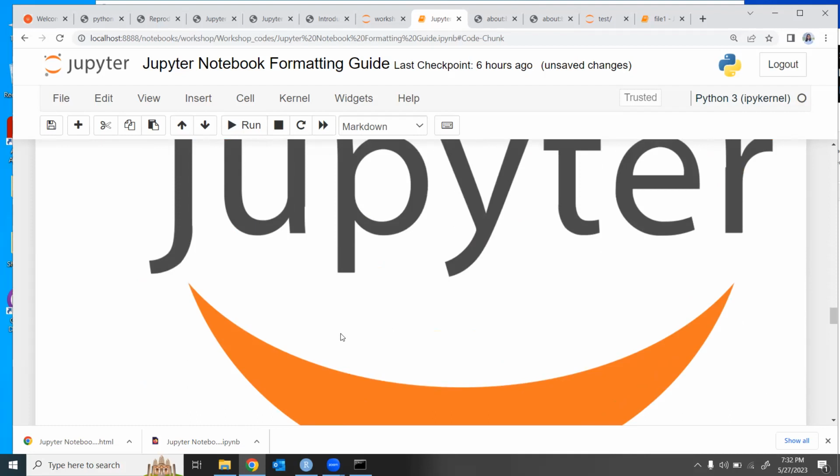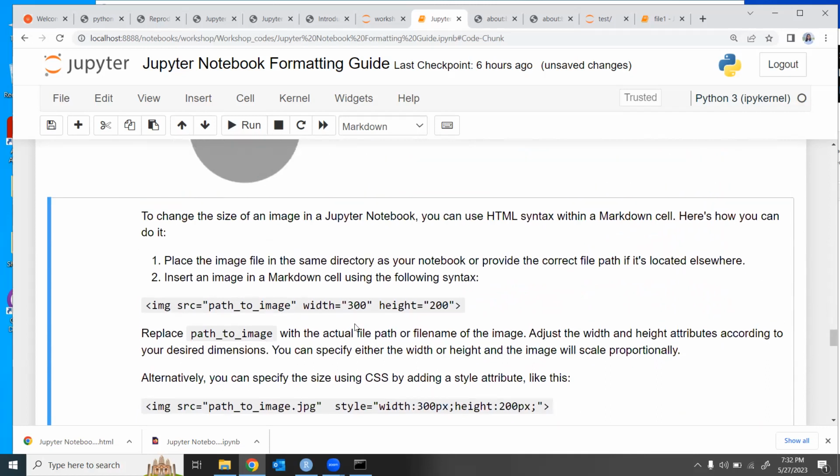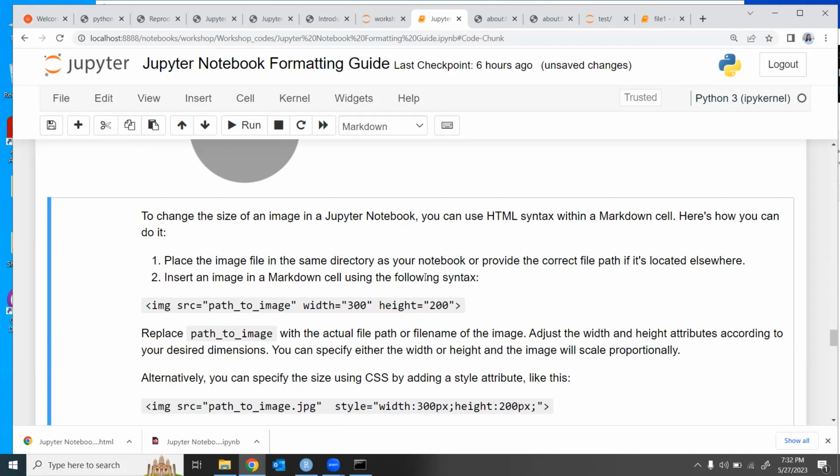So now let's see whether we can control the size of this image so that we get a nice image for my document. For that, you can easily control the size of the image using HTML syntax within a markdown cell. This is how you can do it. Place the image file in the same directory as your notebook or provide the correct file paths if it is